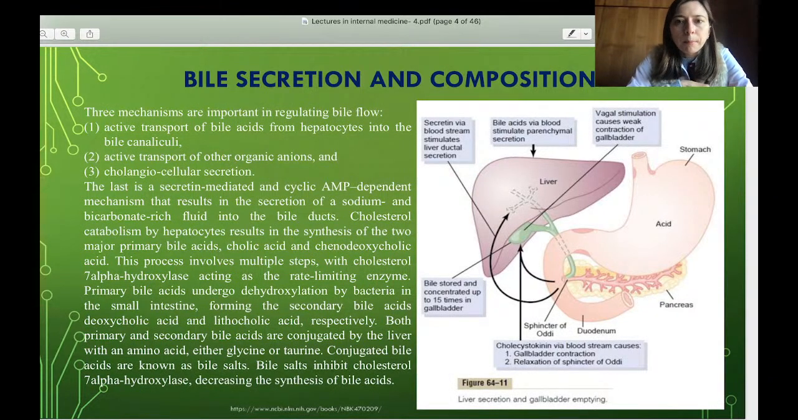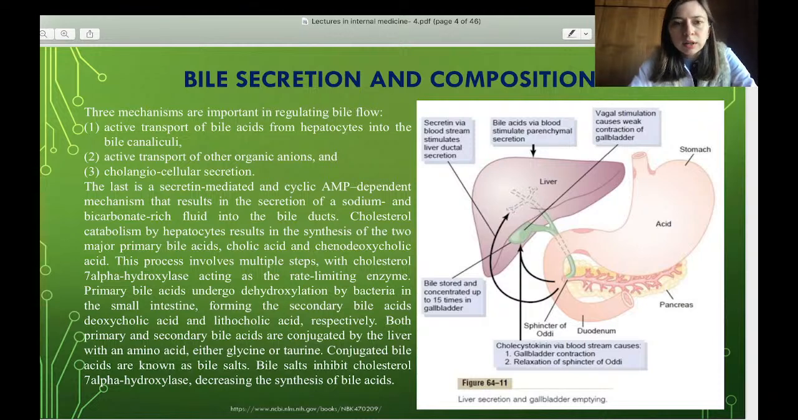Three mechanisms are important in regulating bile flow. At first, active transport of bile acids from hepatocytes into the bile canaliculi. Second, active transport of other organic anions. And third, cholangiocellular secretion. The last is a secretin-mediated and cyclic AMP-dependent mechanism that results in the secretion of a sodium and bicarbonate-rich fluid